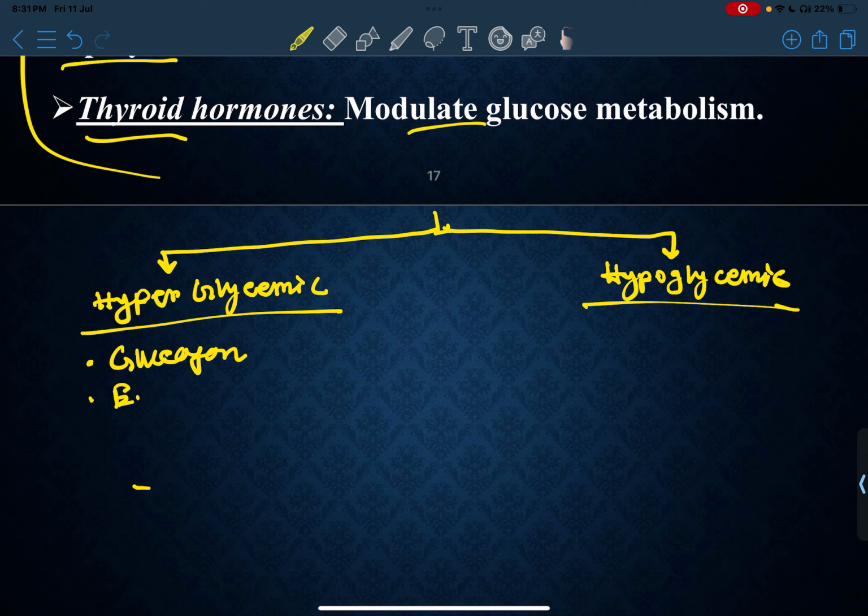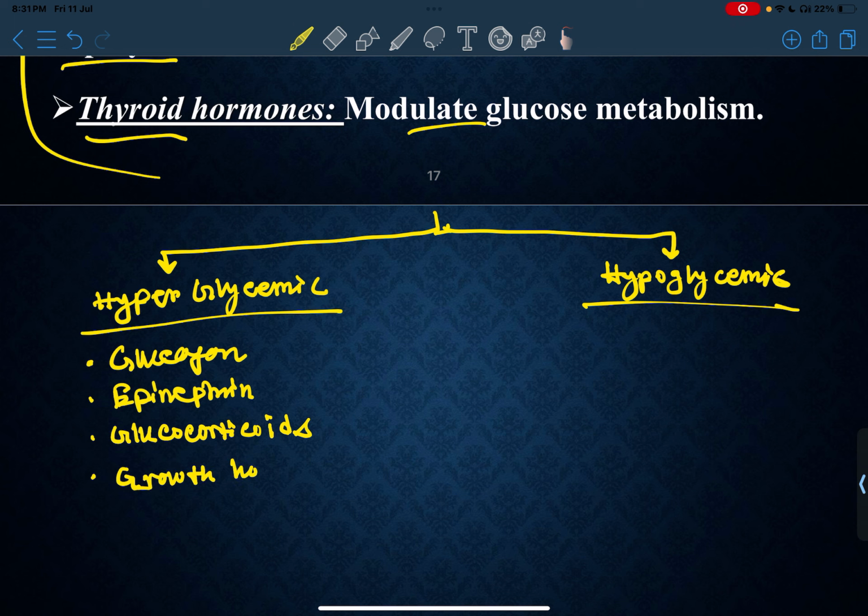Glucagon, epinephrine, glucocorticoids, growth hormones, adrenocorticotropic hormone, and thyroxine. So you can think, can you tell what are the hypoglycemic hormones which decrease the